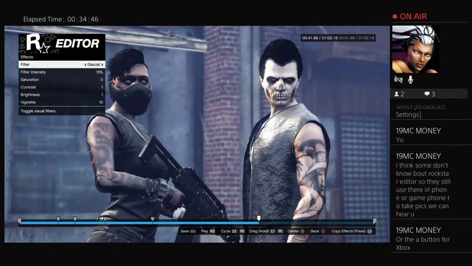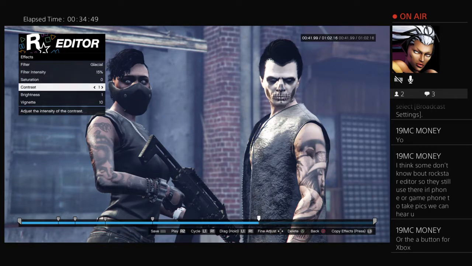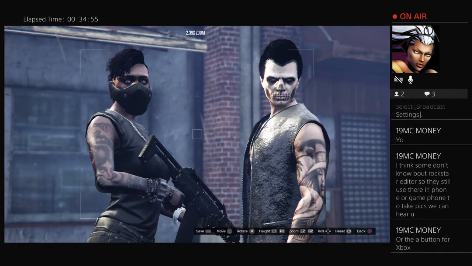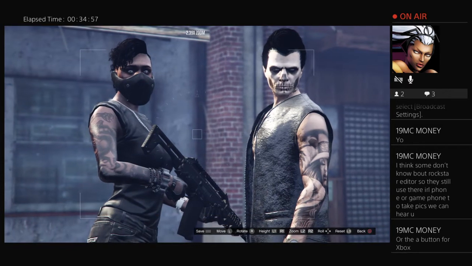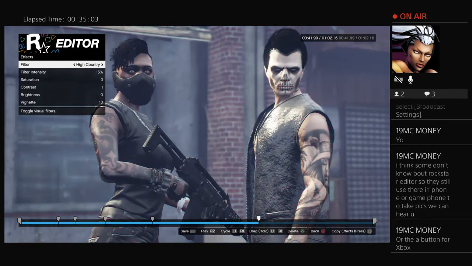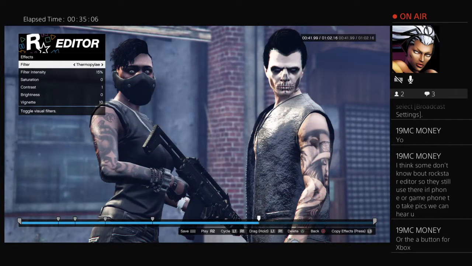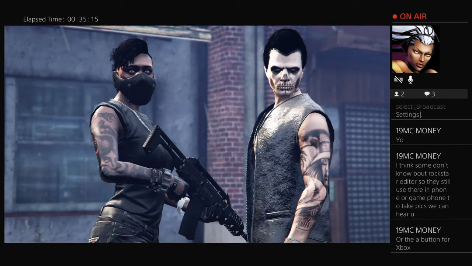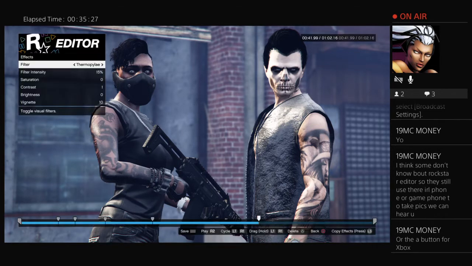Let me see what thermal looks like. Every time I make photos, I always scroll through my favorite filters just to see how each of them looks before I finally settle on one. So I think I'm gonna go with thermal because it just looks good with it. This kind of looks like a movie poster, low-key. Anyways,